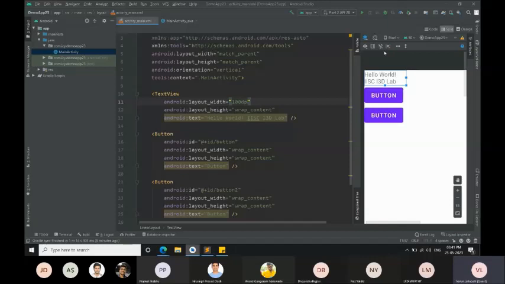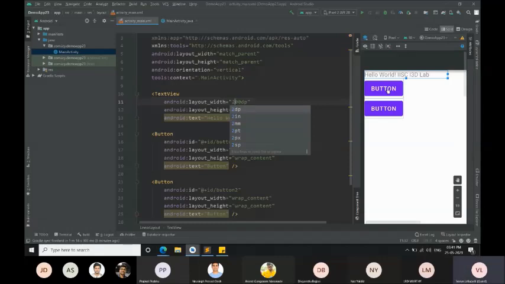It should adjust in this particular space itself. Now you can just increase it to 200 DP. The size is increased. So similarly, the height also can be given as wrap content, match parent, or in DPs. But always give wrap content because it adjusts automatically for various screen sizes. This is about the text view, and it just has three attributes: width, height, and text.